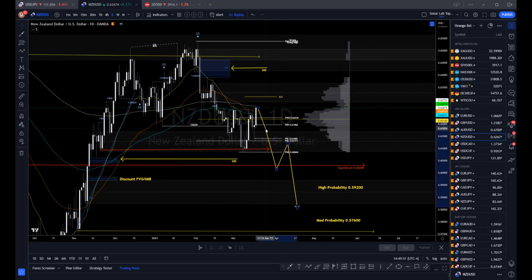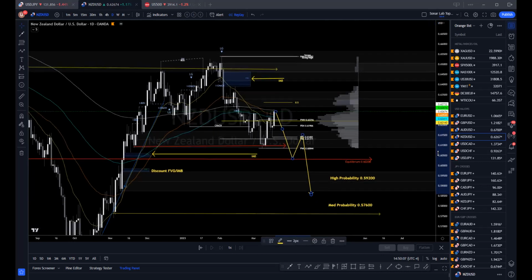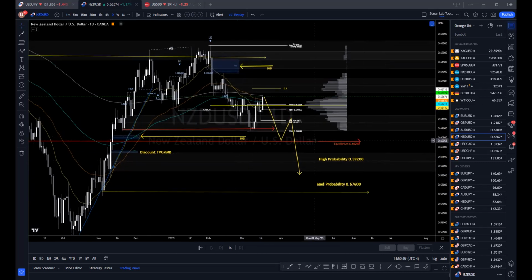right? I would not want to long NZD and short the dollar. Basically, if I long New Zealand dollar, I'm essentially shorting the dollar. I don't want to short a strong expected dollar. So therefore, and if you notice, we did not hit equilibrium like we did with Australian dollar. So I would expect New Zealand dollar to come down and hit this equilibrium, take out this imbalance,